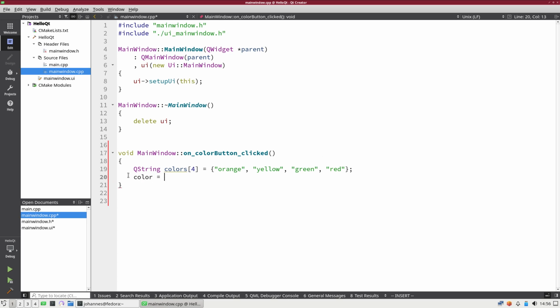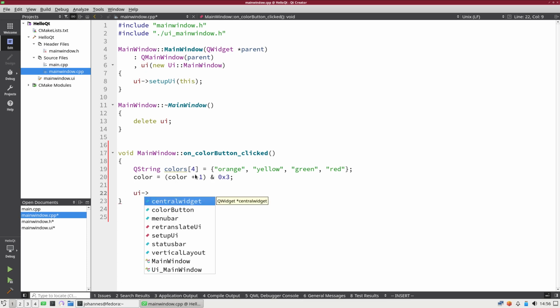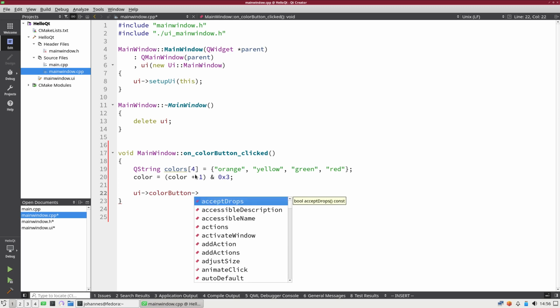Then I will need a color variable in my class which I have to declare, and I will increment this color variable by 1, and then I will AND it with 3, and by ANDing it with 3 I make sure the color variable is always in the range from 0 to 3, which always points to an element in this array. And then I will go to my UI, I will select the color button, and here I will use the method